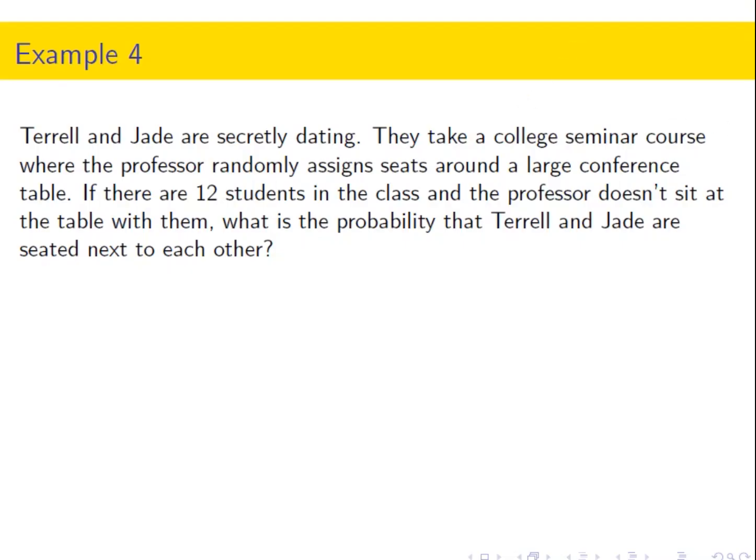Our next example is permutations around this conference table. So permutations on a circle. And we have 12 students in the class that are going to be seated around this seminar conference table. And we have 2 students who are secretly dating, and what is the probability that Terrell and Jade end up seated next to each other if the seating chart is put at random, and also it's just the 12 students, the professor isn't there at the table with them. Okay, so